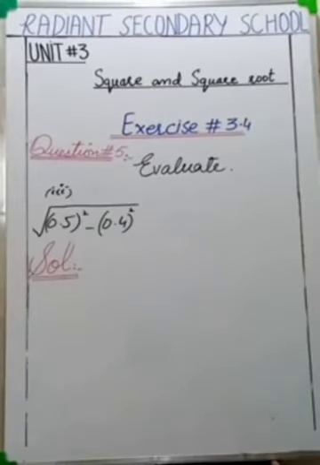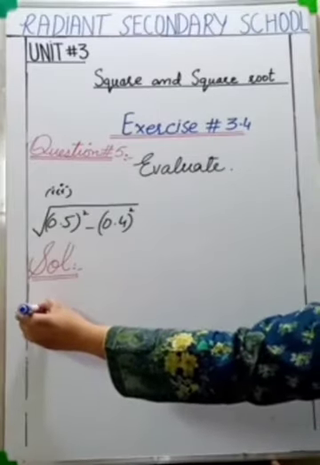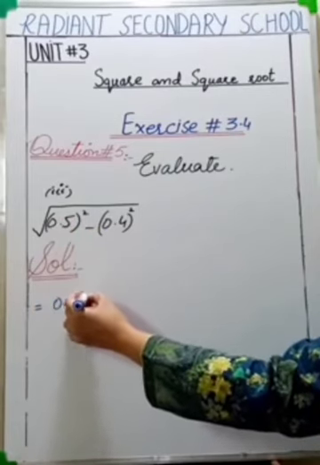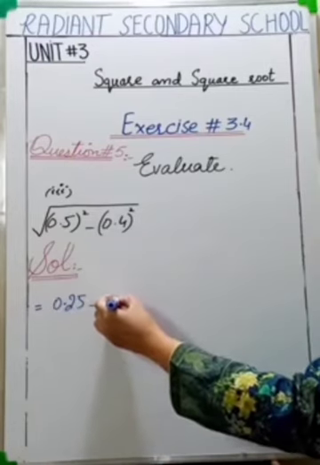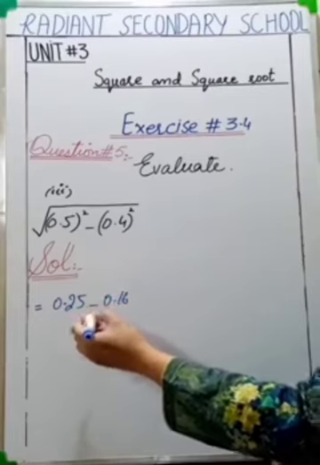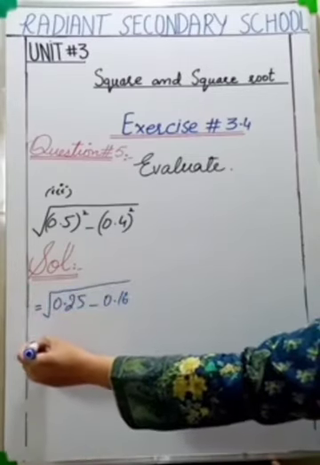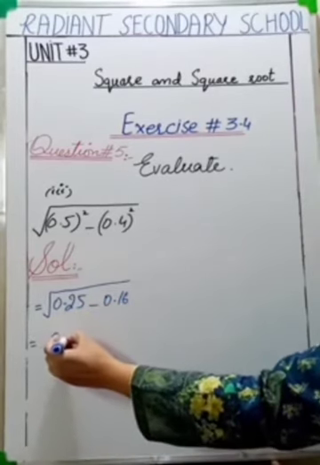The last part of this question is part number 3, 0.5 square minus 0.4 square under root. First you will find the squares of both numbers. The square of 0.5 is 0.25 minus 0.4 square is equal to 0.16 under root. Now subtract 0.16 from 0.25 and the answer will be